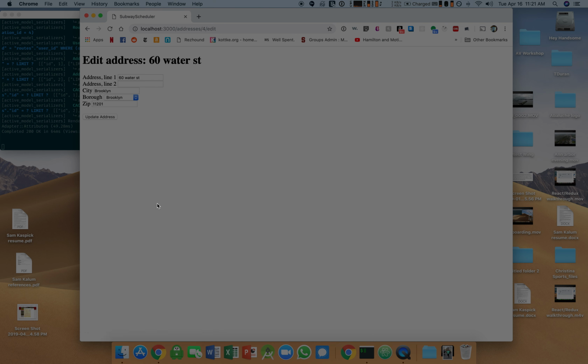We can edit it if we'd like, delete it, and then if we go back to the show page, it'll be gone. So that's pretty much, those are the big differences, just the loading information dynamically via